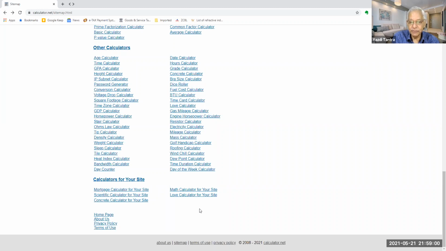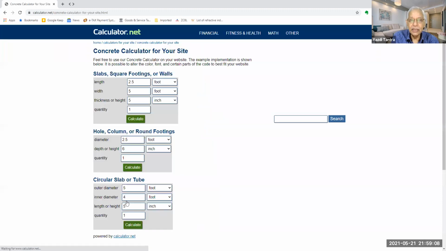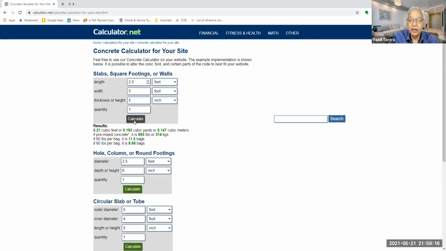So if you have a website and you want to include something out of this, you can straight away include. If somebody is technical, you can see concrete calculator. So how many slabs, what is the length and width and thickness, and you can straight away calculate how much cubic meters of cement you will require.